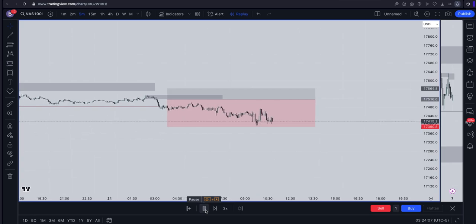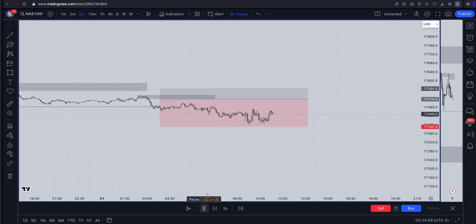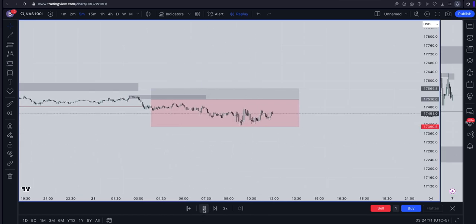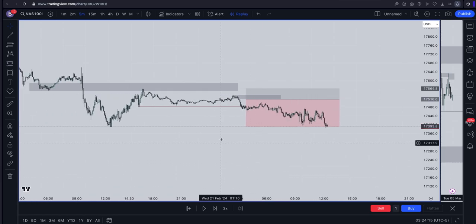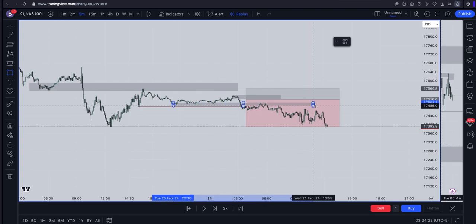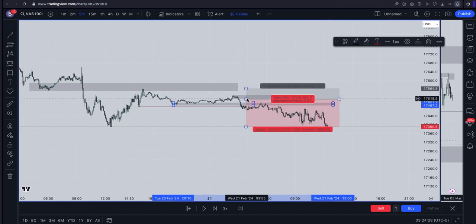I just don't take trades at this time. This section is not my section. Price can always do whatever it wants. So price didn't tag us in. Why? Because I think there was a small breaker here. I just saw it now. This could have been your entry. You always have to pay attention to all these things.